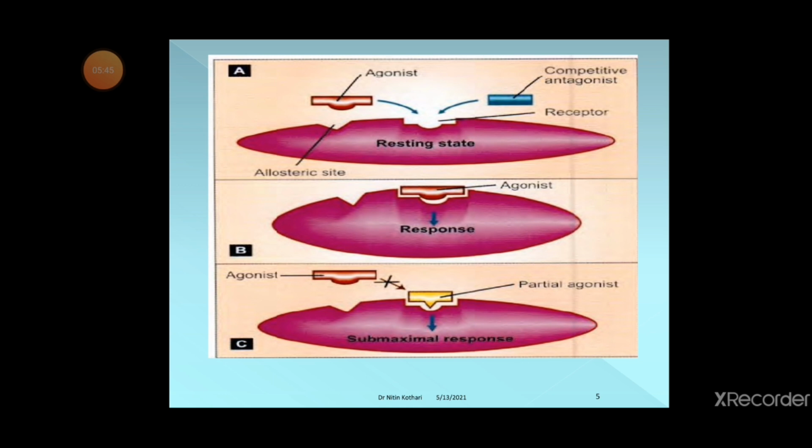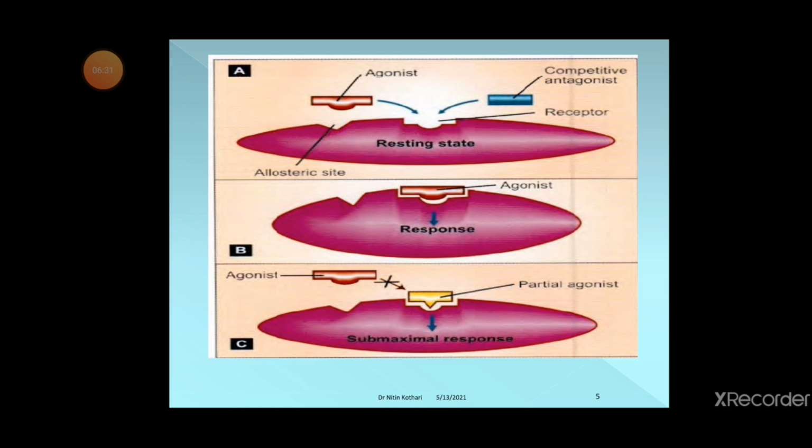When agonist binds to receptor, there is response because a different biochemical cascade occurs in the cell. But when partial agonist binds to this receptor, agonist cannot bind to the receptor. So in that condition, some submaximal response occurs, because partial agonist, as we have discussed in the previous session, has intrinsic activity less than agonist. So response is less than maximum, because agonist has the maximal response and partial agonist has a submaximal response.